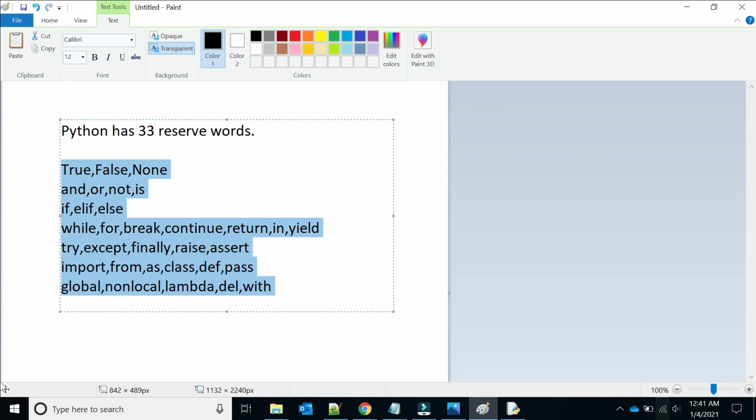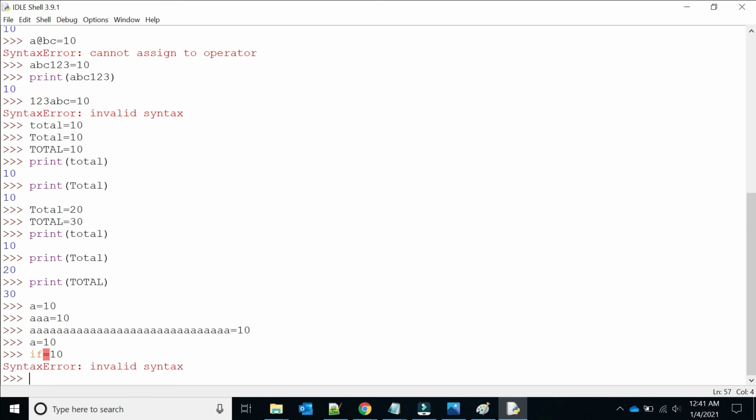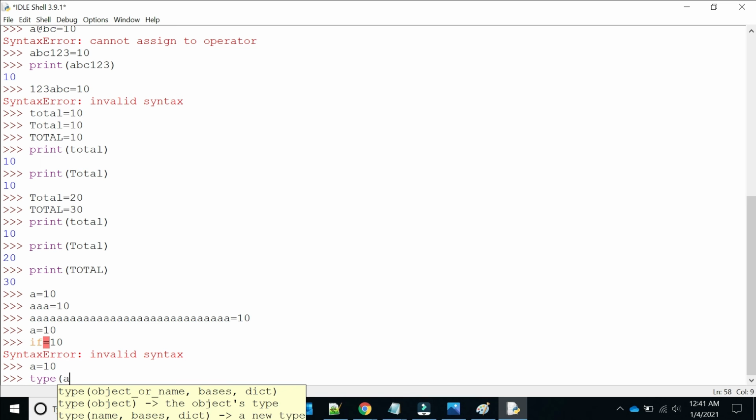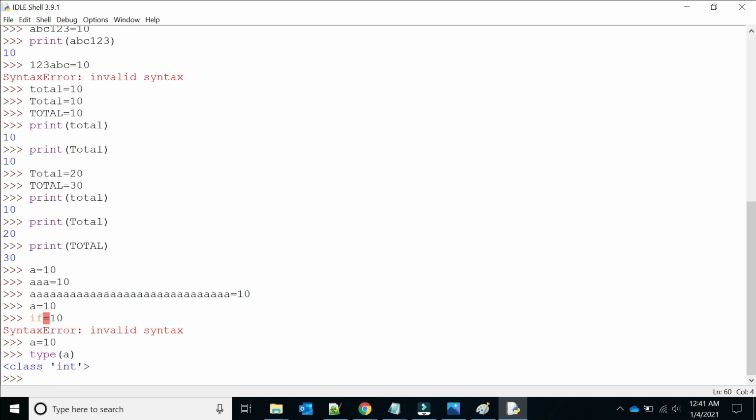So if you have observed here, when I write a equal to 10, what is this value? a is an integer, so automatically it is taking that. If you want to know the type of a, you can see a is int. Now b equal to 20.5, let's say.